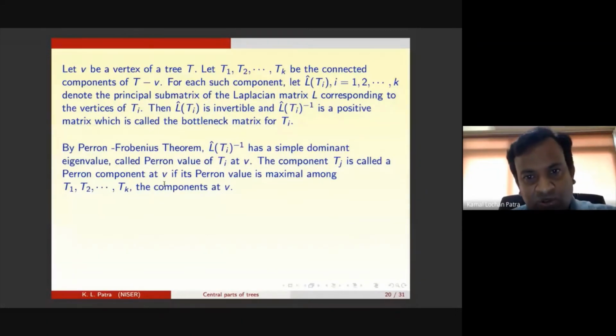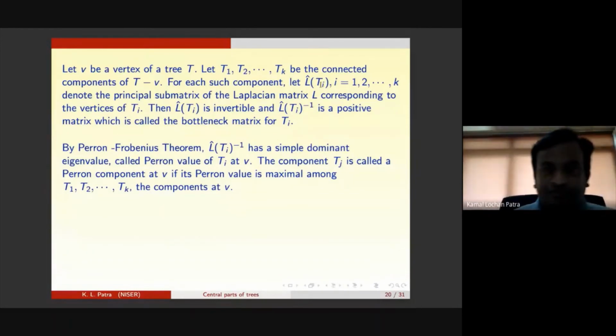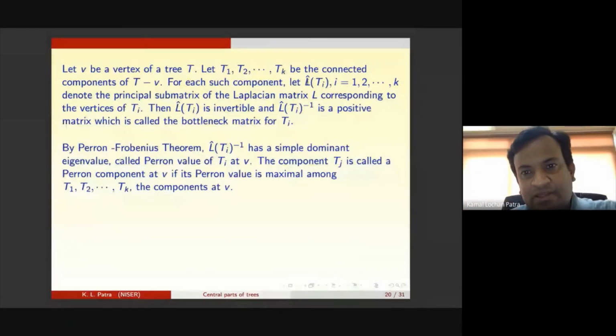They also studied, which is important, how to get the inverse of that, because you have a tree T and L hat Ti is known. So what will be the inverse? Because if n, the number of vertices, is large, finding the inverse becomes a little trickier. But what they proved is that, looking at the structure, one can find the inverse of this.